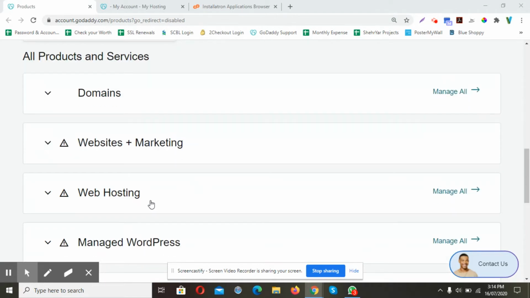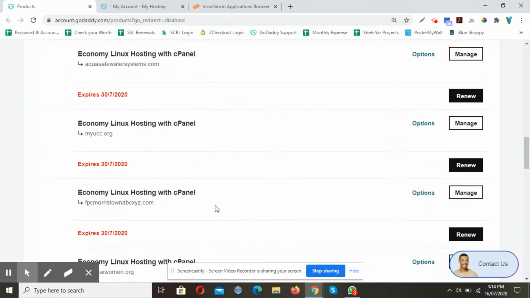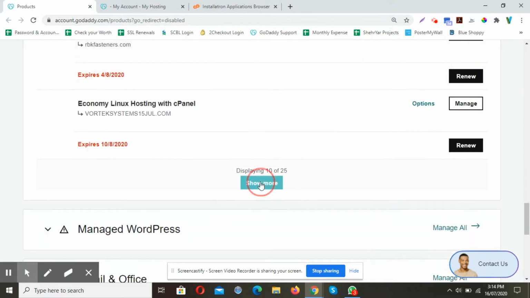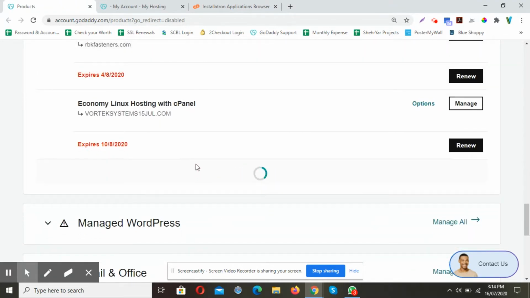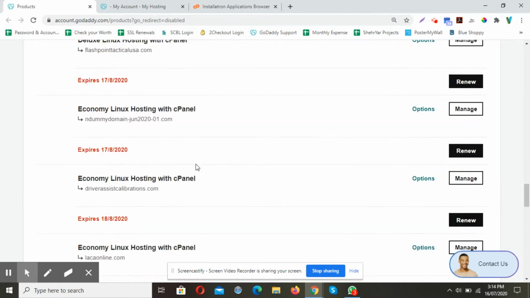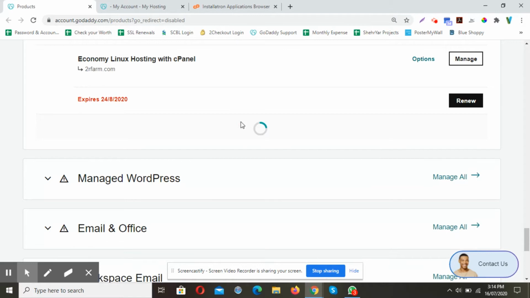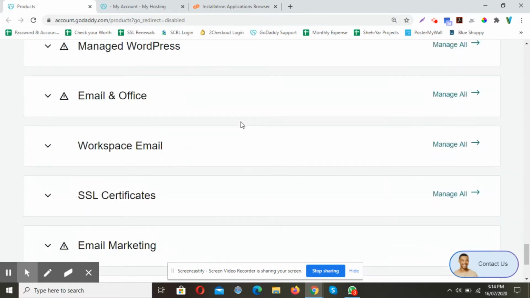And this is the web hosting panel where you can see all of your control panels that you have purchased from GoDaddy. Since I have a lot of websites from my clients that are associated with this same account, we are going to select our business hosting plan where we actually need to install a WordPress.